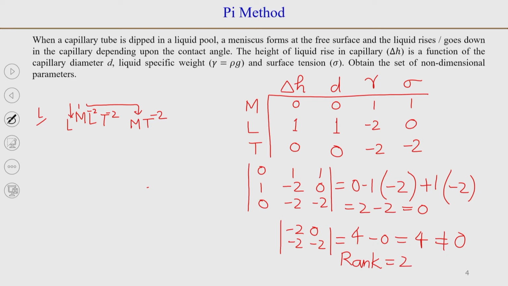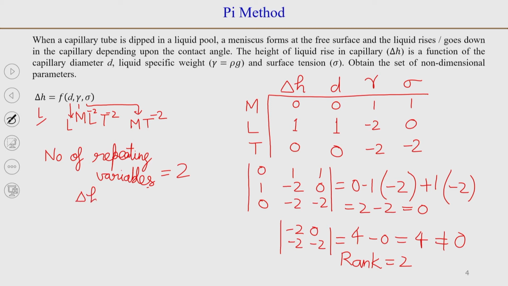That means the number of repeating variables is equal to 2. So, if we choose 2 repeating variables, delta H is a function of d, gamma, sigma. From that we will be able to find delta H by d as one non-dimensional group, and